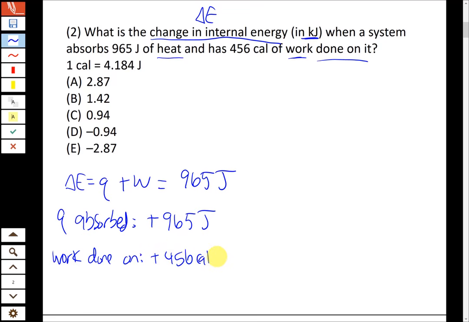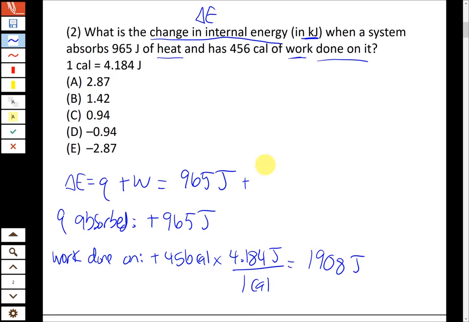So again, the conversion that I just covered on the last page, which is the specific heat of water, also the same number, 4.184 joules in 1 calorie. And it's not a coincidence that that's the same number as specific heat of water. That's because the specific heat of water is defined as 1 calorie per gram degree Celsius, which is also the same as 4.184 joules, the more conventional number we use. All right, anyway, what that comes out to, though, is 1908